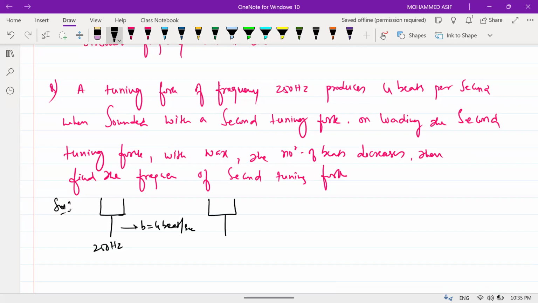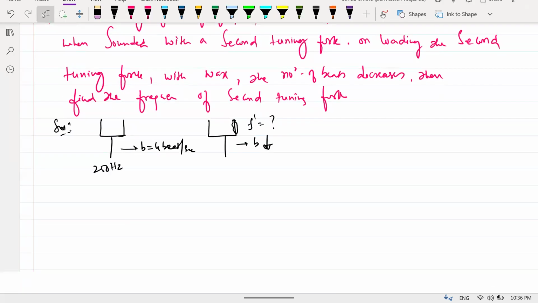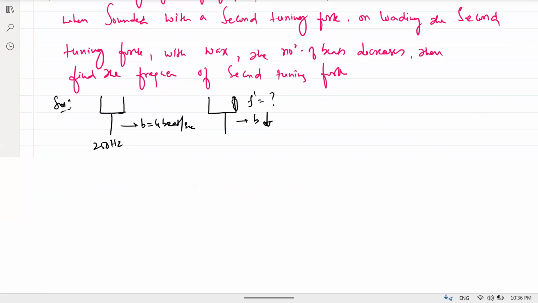On loading the second tuning fork with wax, the number of beats decreases. Then find the frequency of the second tuning fork. What will be the answer? F dash must be equal to